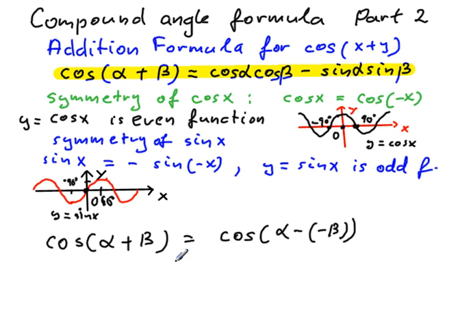I'm pretty positive that you can agree with that: to subtract a negative is to add the opposite. So cosine of alpha minus negative beta